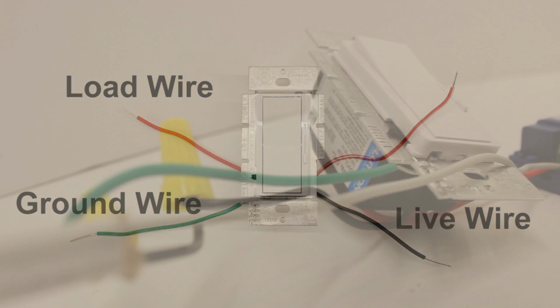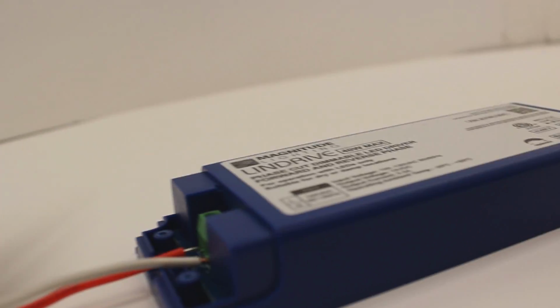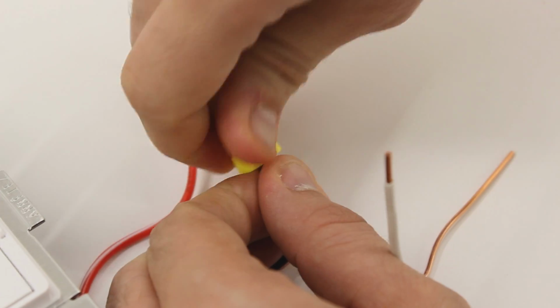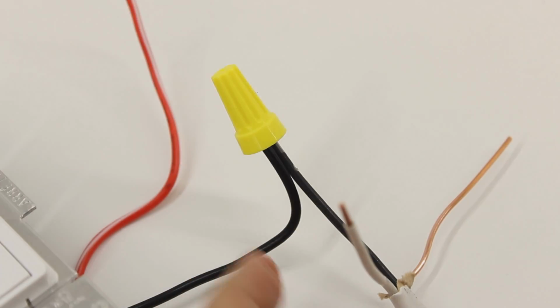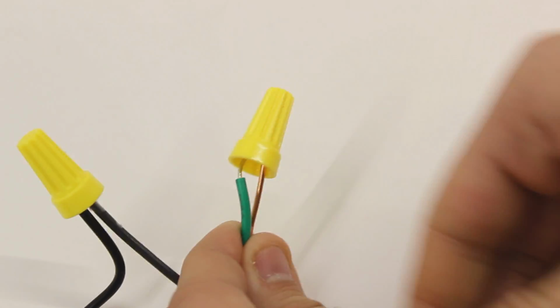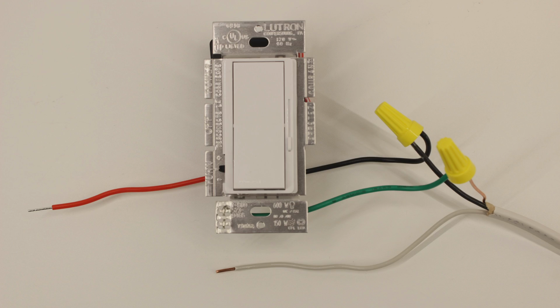The first step to terminating our transformer is connecting the Romax to the dimmer using wire nuts. You will wire nut both your live wires together, in this case black to black, and then wire nut your ground wires together, in this case copper to green. This will leave you with your neutral white wire on your Romax and your red load wire on your dimmer